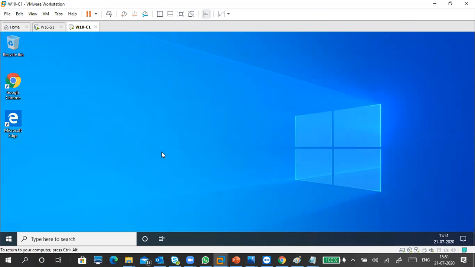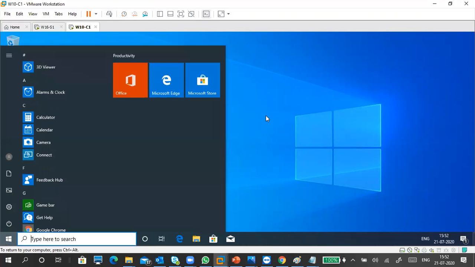It's not yet loaded. I'm using Windows E to open the Explorer. Maybe it is doing some updating work. That's why it is showing slow. Yeah, Windows 10 always has headaches. Yeah, it's loaded now.